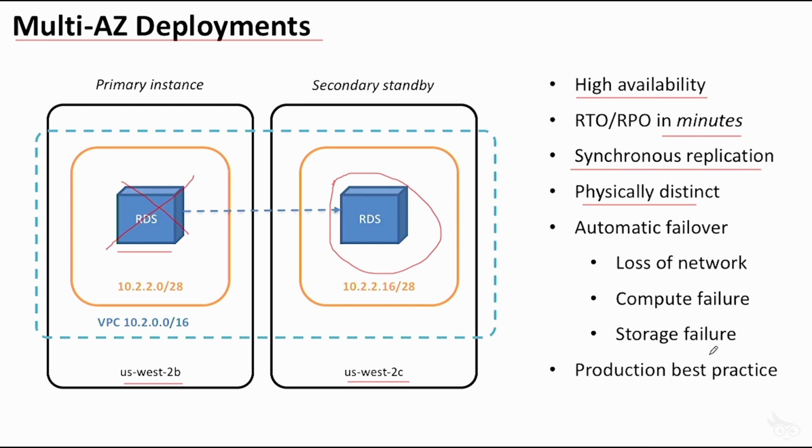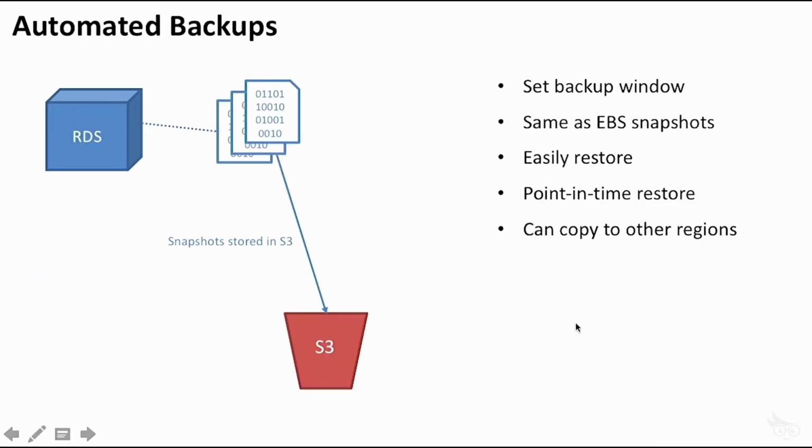Another thing that makes the Relational Database Service highly durable is that we can choose to do automated backups. We can set a window during which we want backups to take place. And every day we can have those backups done. These are done in the form of snapshots, very much like EBS volumes. These snapshots are also stored in S3 in kind of an admin zone that we don't really have direct access to. But we do know that these snapshots being stored in S3